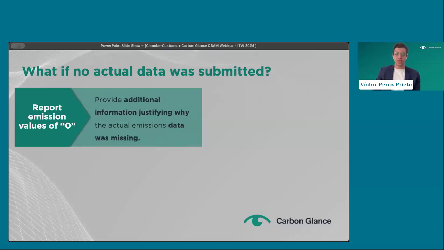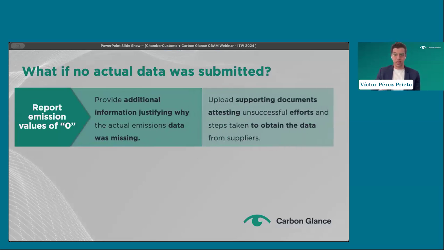In addition to this, they had to provide additional information justifying why this actual emissions data was not provided. And on top of this, they also had to submit evidence via the CBAM registry, which is the main registry that they use to submit their reports. They had to provide evidence of the attempts that they made to collect this actual data and prove that they actually tried to collect this data.